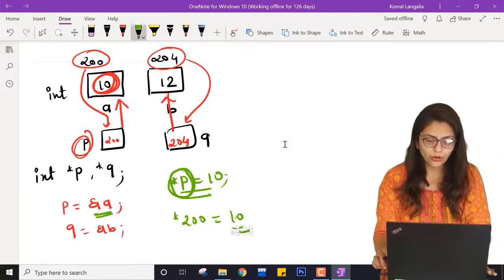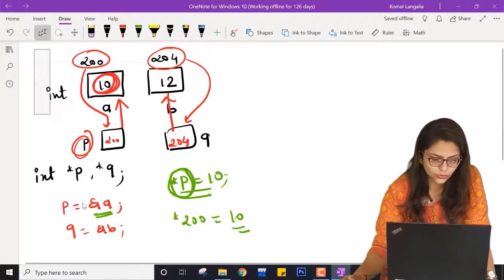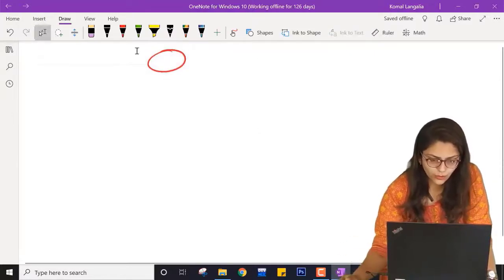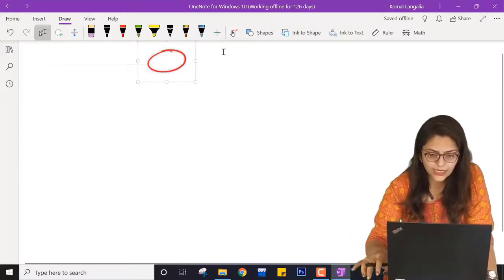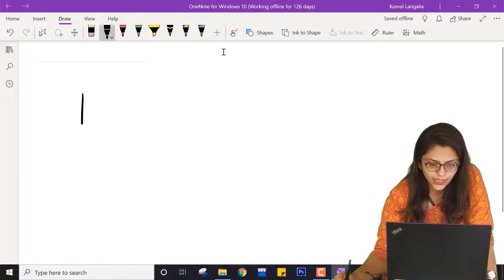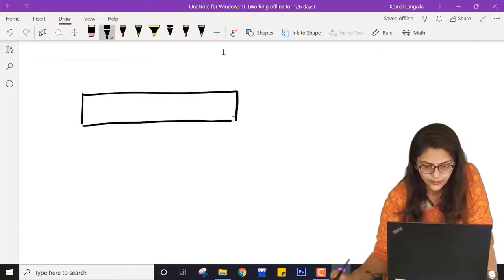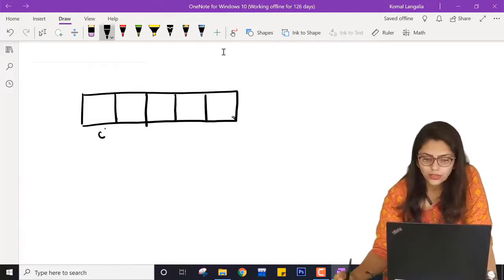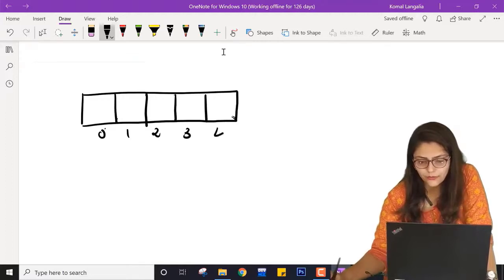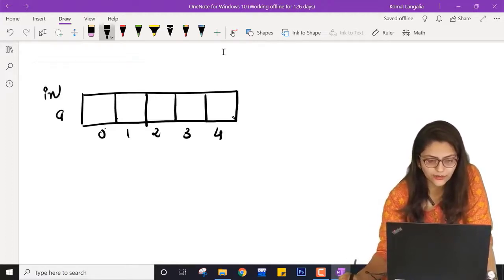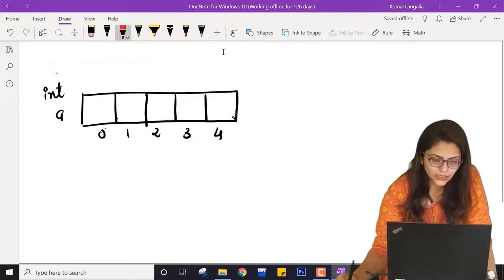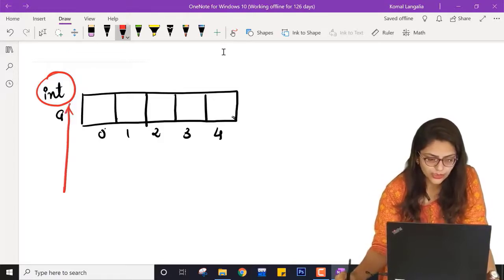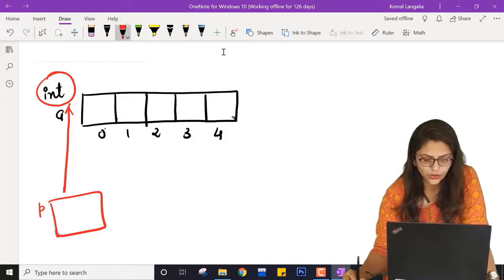Now what if I want to deal with an array? So let me just close all this. Now if I want to deal with array elements, how exactly does the array look? The array will look like this. Suppose it has 5 elements, with indexes 0, 1, 2, 3 and 4. It has the name A and it is an integer array. Now as the array is integer, I have to use an integer pointer. So suppose I am using pointer P to store the address of this array.